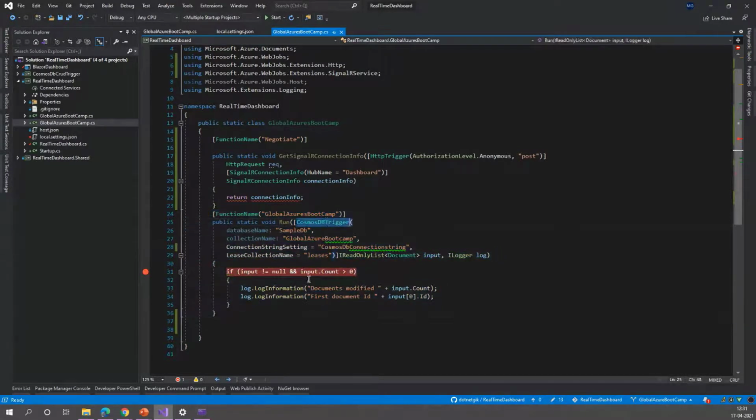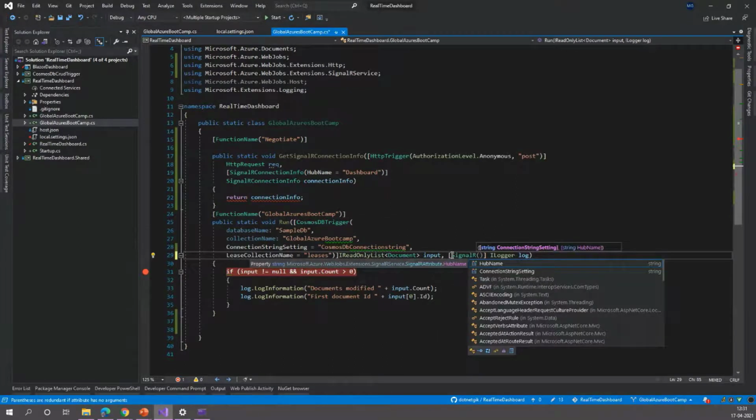This is the trigger that we have. Now we need to add the output binding and broadcast this message to the clients. For that, we can use the output binding which is provided by SignalR.